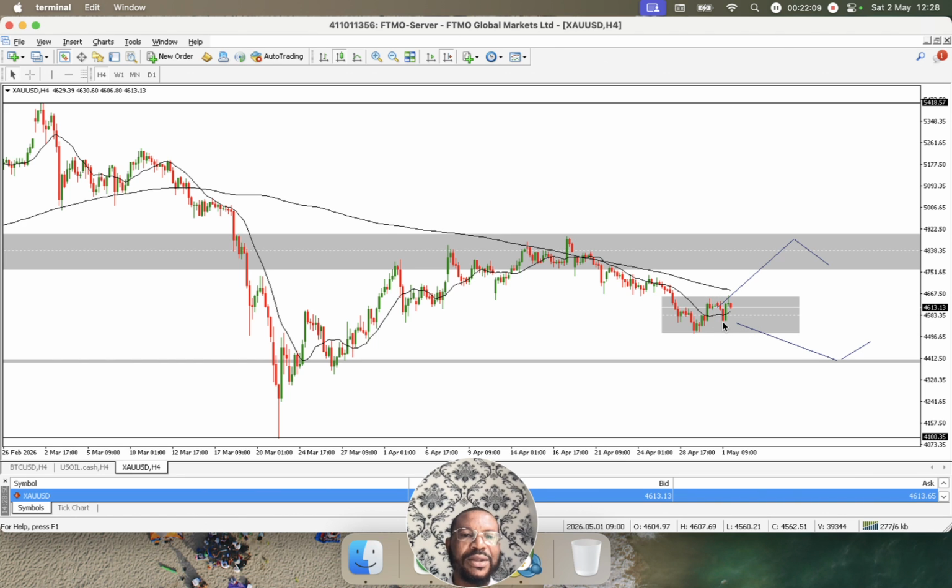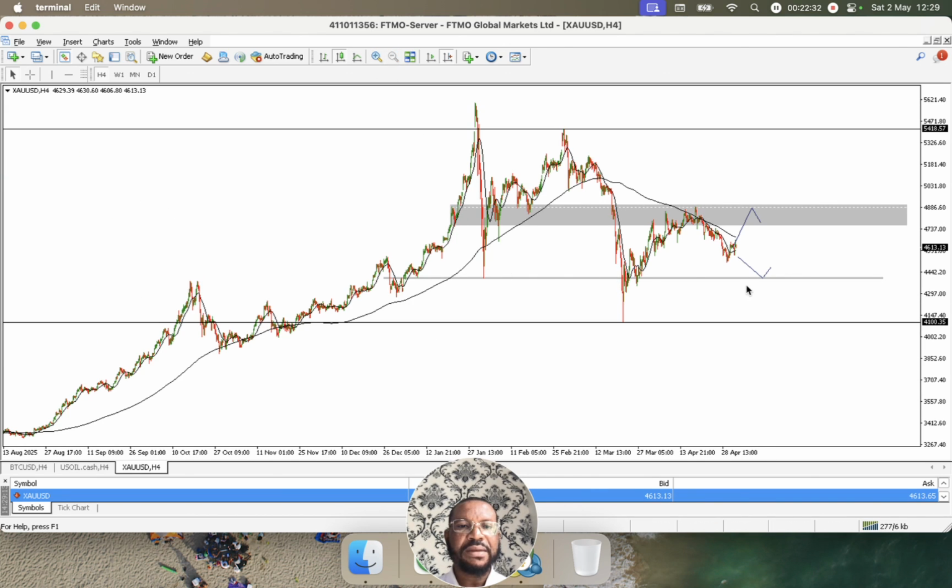You can see people were trying to sell this market. Before you know it, the buyers come in, they are trying to buy, the sellers are also coming in. So it's just crazy. You don't need this type of headache. You stay away. Let it come to this resistance area. If you get a sell entry from here, a good one,